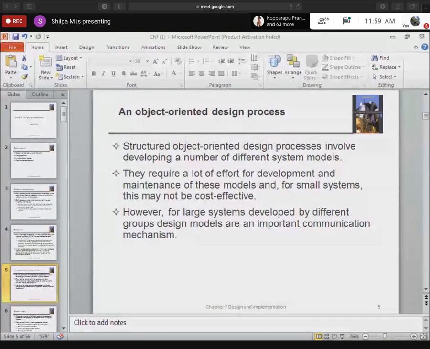So here, ma'am, this is again a repetition, yes, because the second module you had was completely different, and there they taught you what is an object, what is a class, how to identify it, and association. Here also it is an extension, or we can say something applying it to object-oriented design. So this object-oriented design process involves designing of object classes and relationship between the classes. So these classes, what they define is objects and their interactions. And when such a design is realized as an executing program, objects are created dynamically from the class definitions.